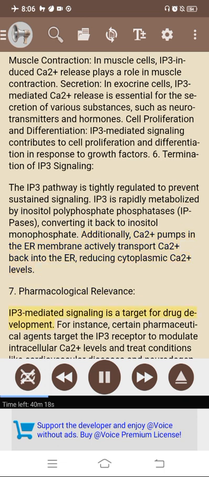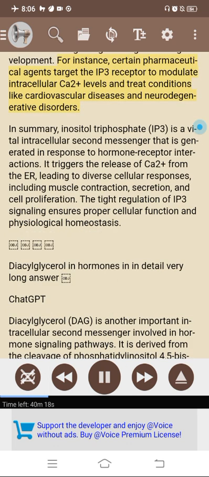7. Pharmacological relevance. IP3-mediated signaling is a target for drug development. For instance, certain pharmaceutical agents target the IP3 receptor to modulate intracellular Ca2+ levels and treat conditions like cardiovascular diseases